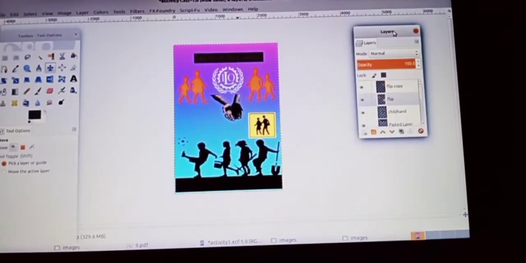So, dear children, are you clear about increasing the clarity of an image? Okay, go to the colors menu and then select the brightness contrast menu and you can adjust it using the help of the slider. Okay. Now we are moving to our next activity, that is activity 1.8, filter tools.